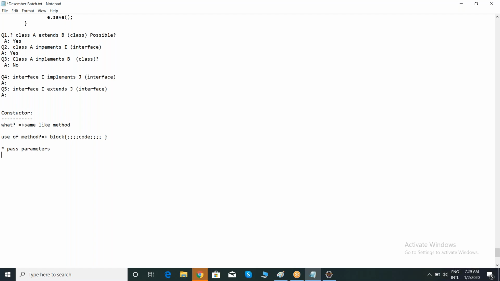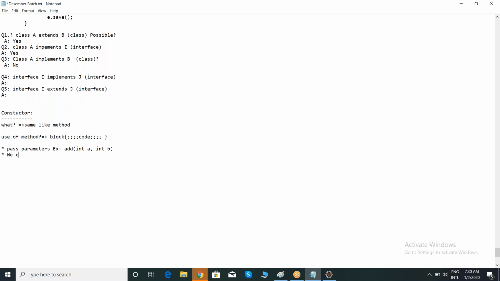Inside that we are using the parameters we pass through the parentheses. Example: add method with an int a parameter, and even we can take int b like this, right? And one more thing,